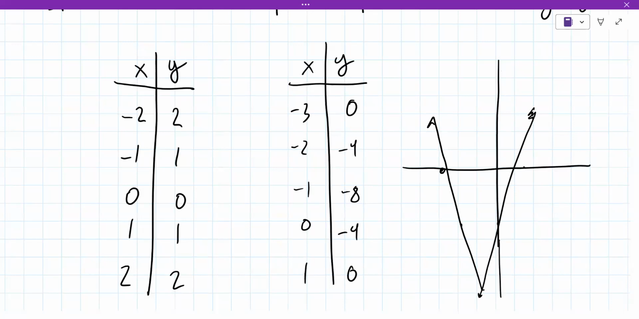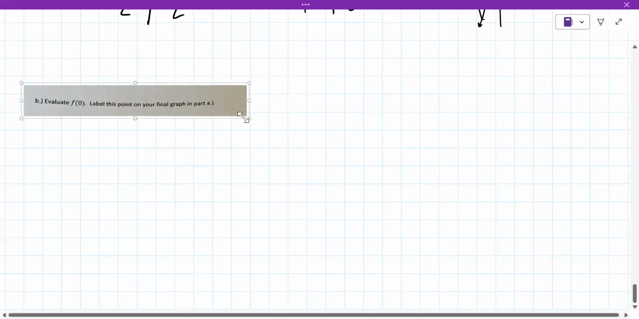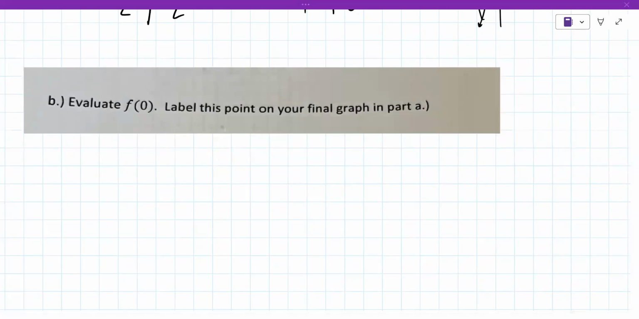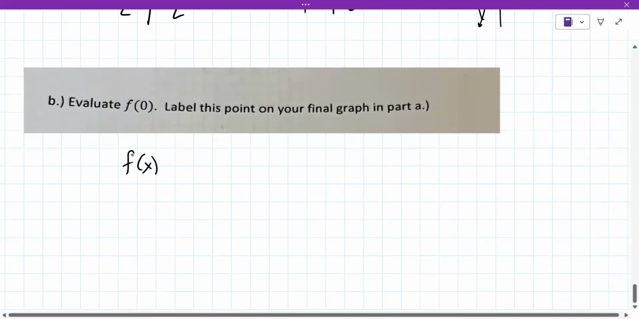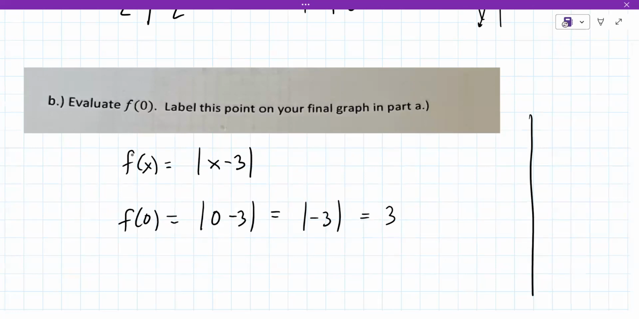Now we've actually already done part B, but we should look at it in context of what you would do if you just got part B on a test. So the function f of x is given as the absolute value of x minus 3. F of 0 means to put 0 in for x. This is the absolute value of -3, which is 3. So graphically, it's this point here, which,